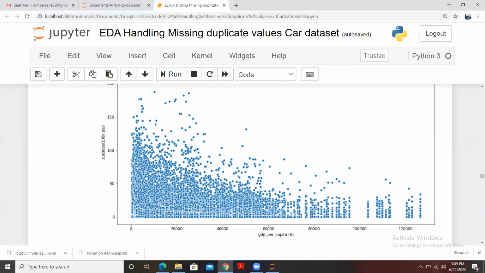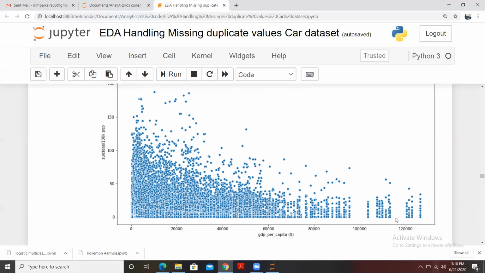Sorry, I believe I have just said this the wrong way around. The maximum GDP is here, and for the maximum GDP we have minimum suicides per 100K population. When we have less GDP per capita, meaning less GDP per person, then the suicide rate is higher.